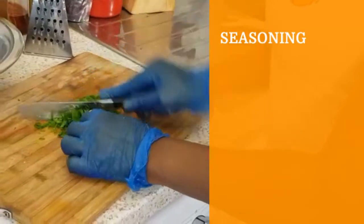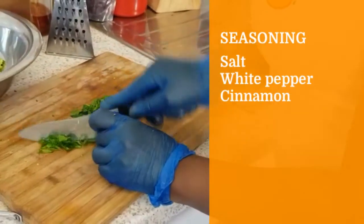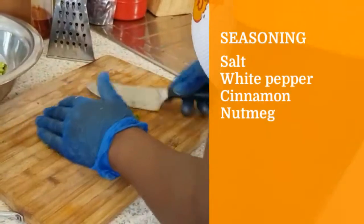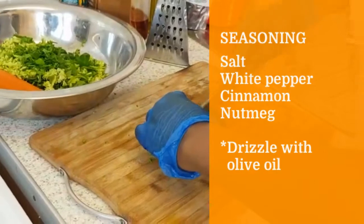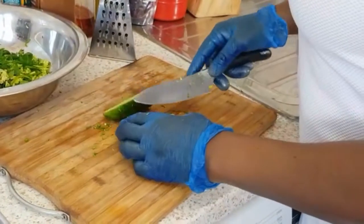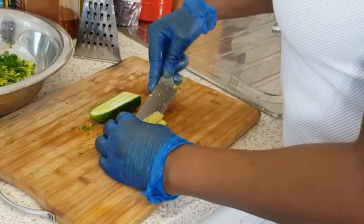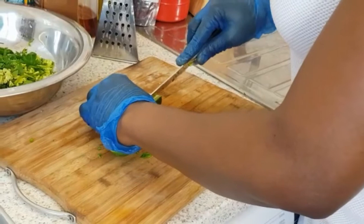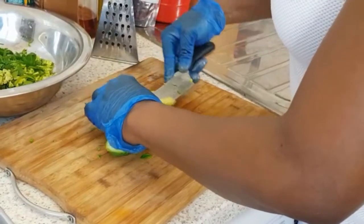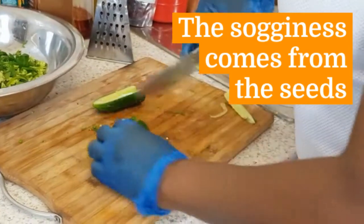So now we add the spinach, chop it. Then the cucumber. I normally love to take the seeds out of the cucumber, because when you don't take the seeds, it makes it soggy. Then we chop